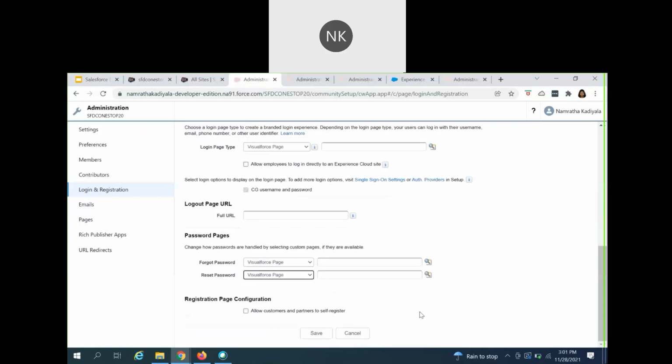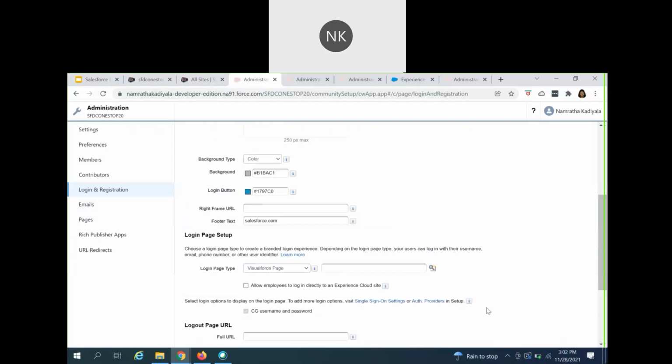The reason for this is that someone asked me if there is any way with which the standard login page can be modified. Yes, this is how you can go ahead and make the change to the existing login page. As you see, whenever the user tries to log in, they will be able to see the username and password.